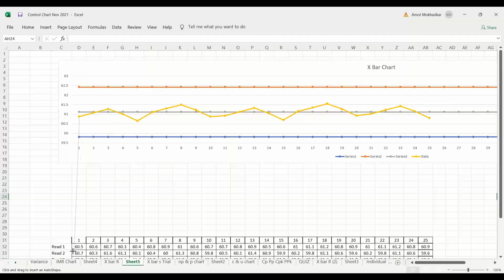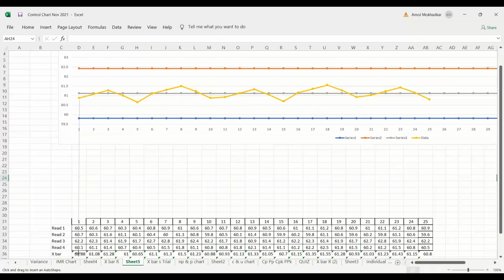नाउ दिस पॉइंट इज बेसिकली करस्पॉन्डिंग टू दिस. ये जो 60.88 की वैल्यू है, यू आर गोइंग टू प्लॉट इट हियर. Don't put the line, okay? I am just telling you this 61.08, the x bar value, focus on the x bar value. You are plotting basically the x bar values on the graph. This is x bar R chart. LCL and UCL you have calculated already based on your historical data, based on this data.